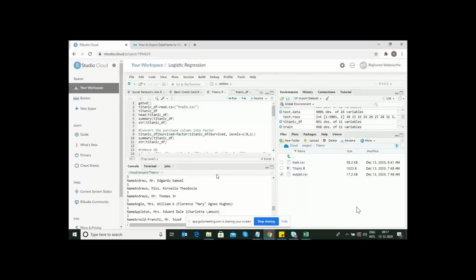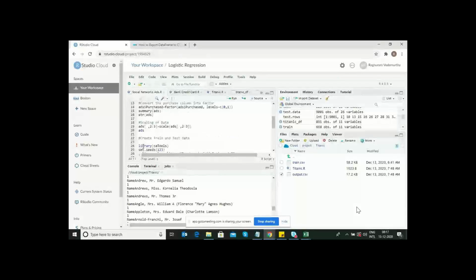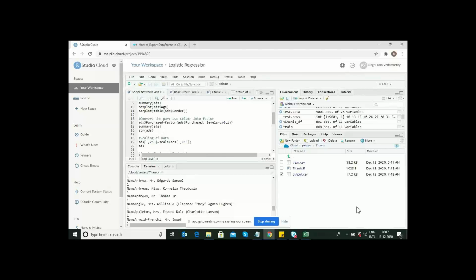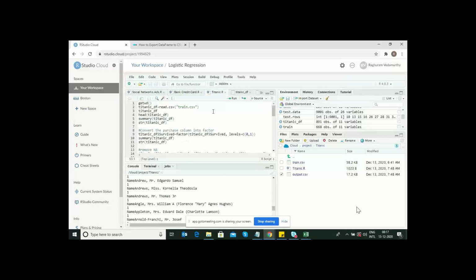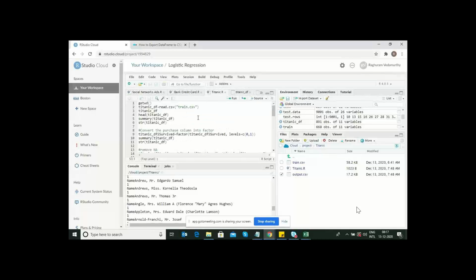But in the social network purchased case, we considered purchase as the dependent variable and converted it to a factor. Over there, the purchase data was in the form of yes and no, and that is why we changed it to zero and one as a factor. I thought that in logistic regression we need to make the dependent variable a factor, so that's why I did it here.